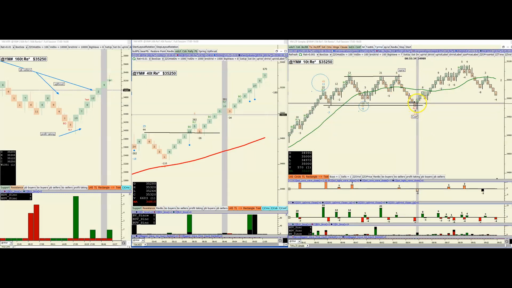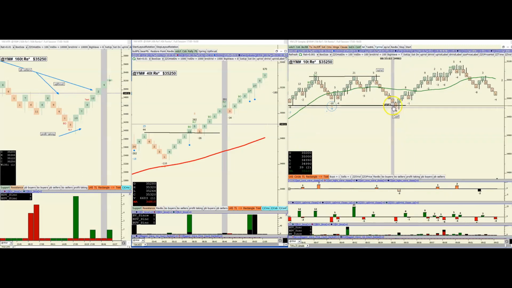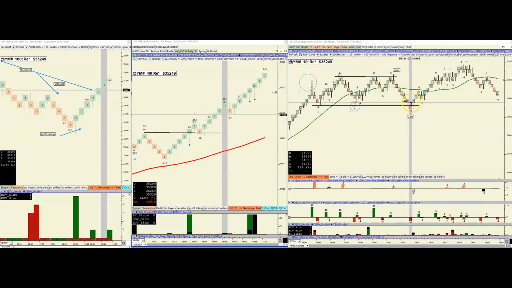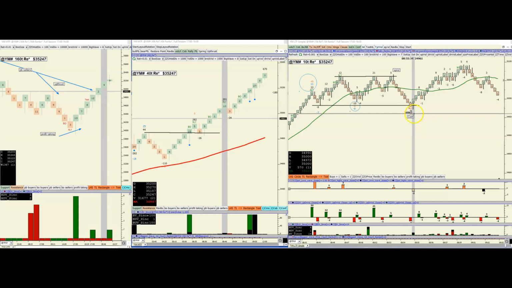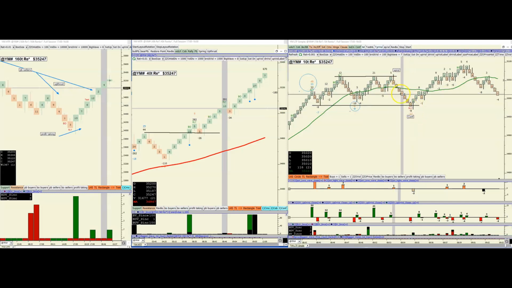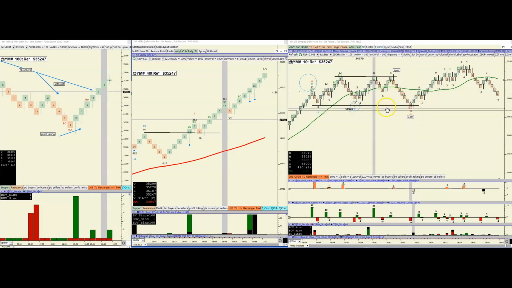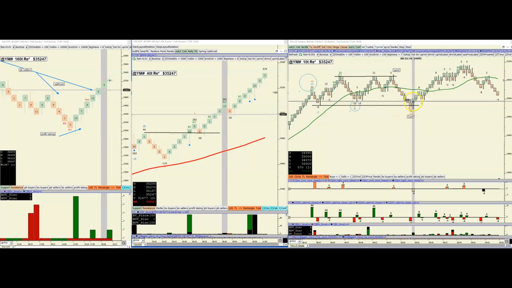That's why this number here, 6, is the biggest in the rally. 3, 1, 1, 2, 0, 1, 6. Why? Because the purpose of it is to run the stop. This 6 is evidence that it was successful in running the stop because it's the most amount of volume in 1, 2, 3, 4, 5, 6 bricks under the low and reverses back up on increasing volume, biggest in 14 bricks. So the stop hunt was